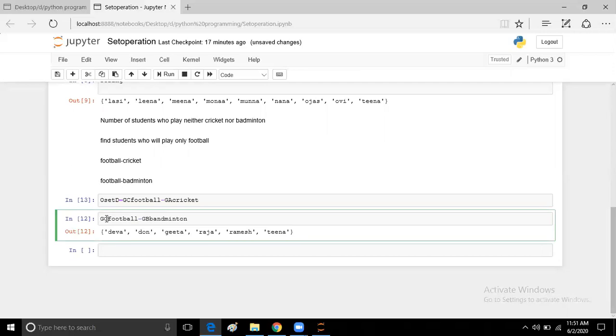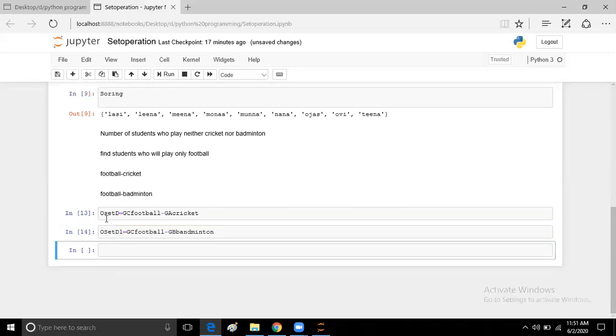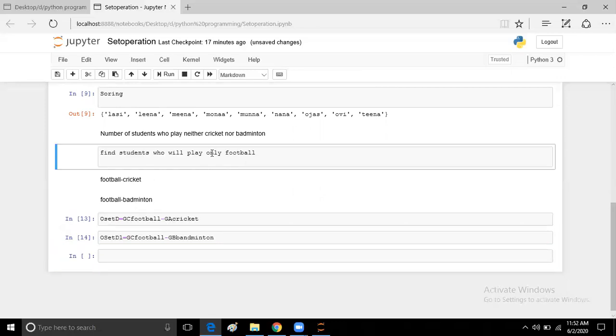And again I store the output of the second set difference with another name. Okay, and this is the output. Now what exactly are we trying to achieve? We are going to find the students who play only and only football.